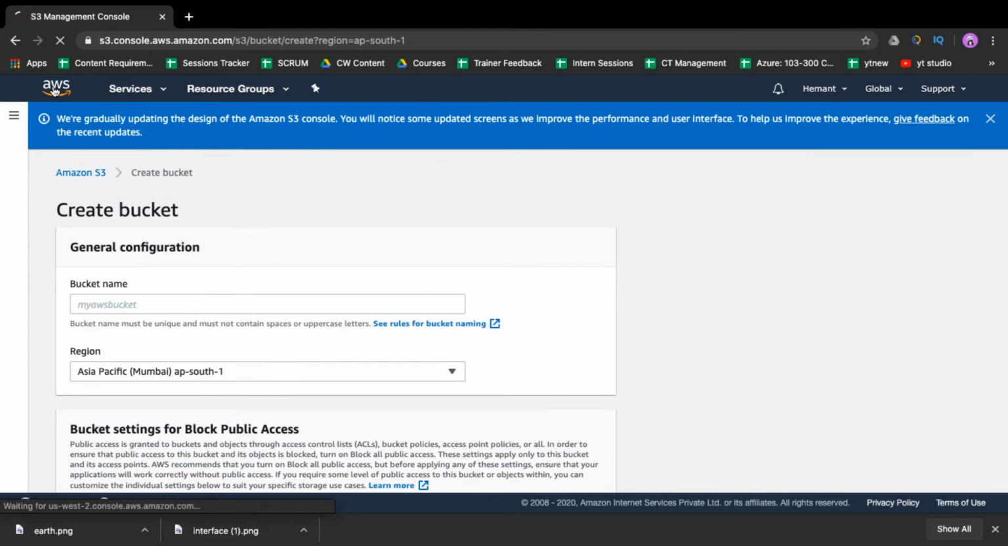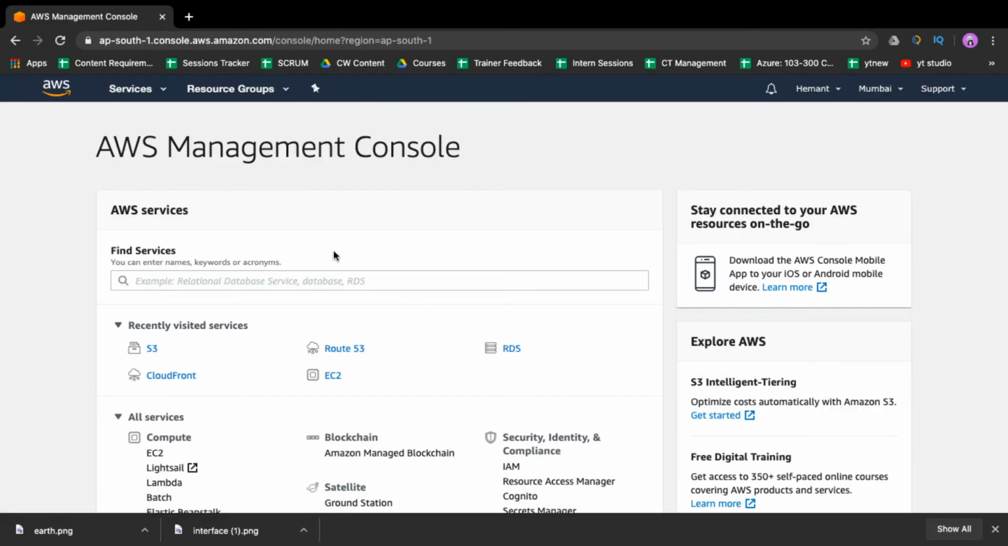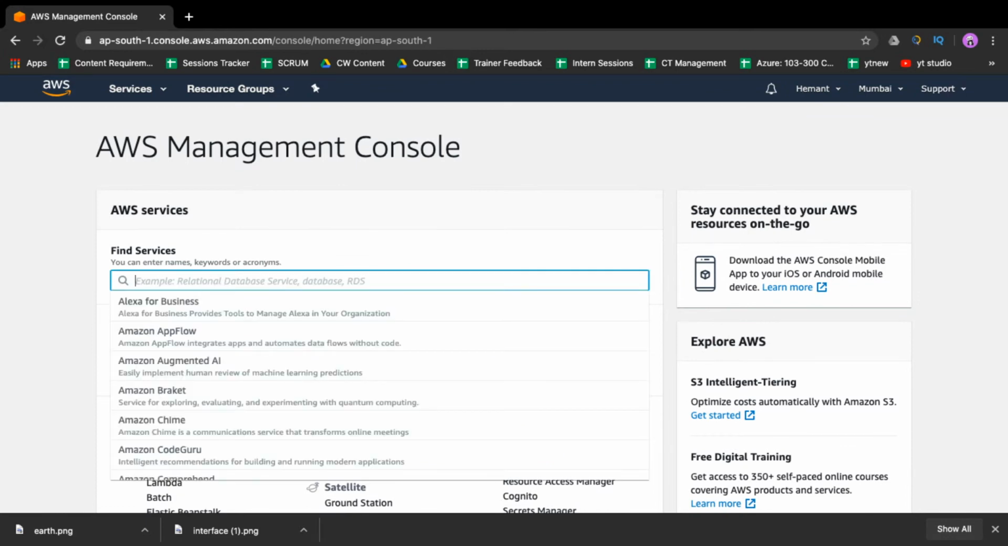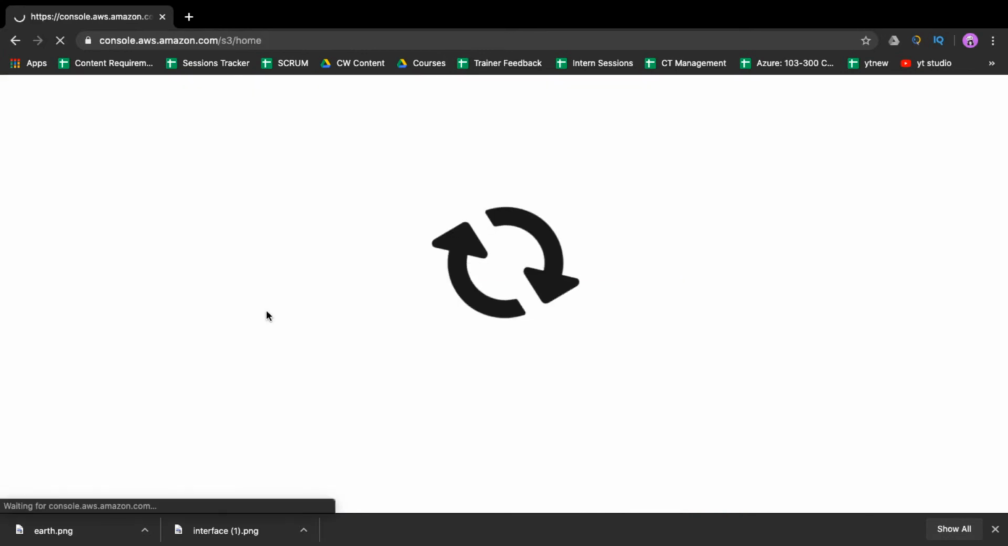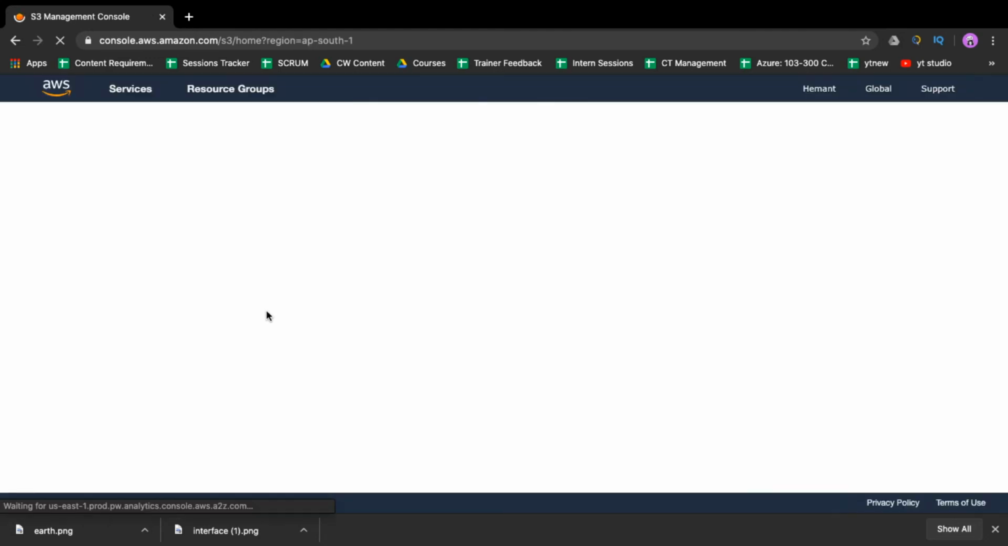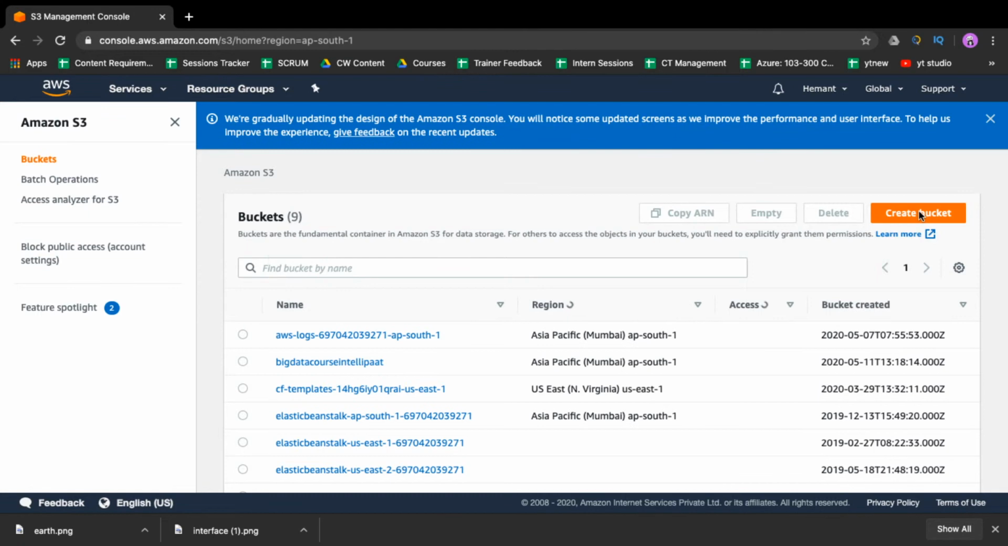So if I were to show you from the beginning how it's going to happen, this is the AWS management console. When you sign up on AWS, this is where you'll be landing. Now here you have to go to a service called S3, go inside it. And once you're inside the S3 service, just click on create bucket. Okay, so we'll be clicking on create bucket,